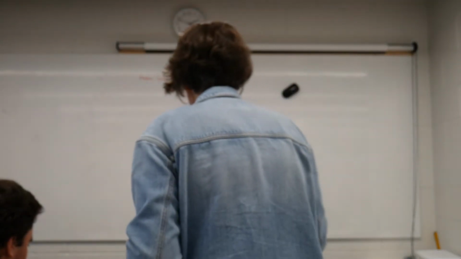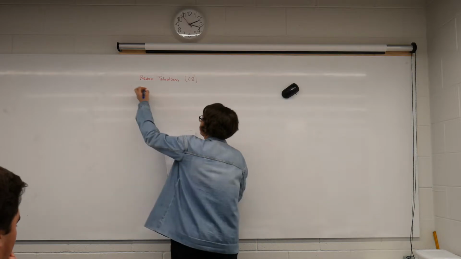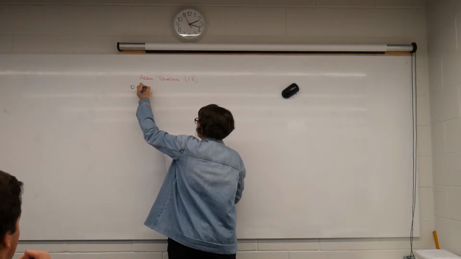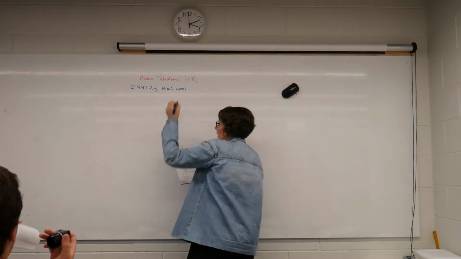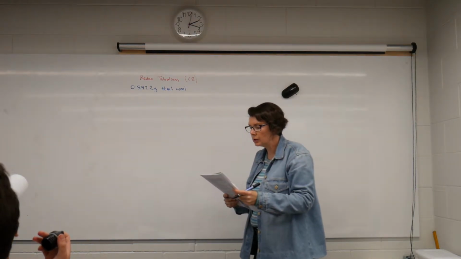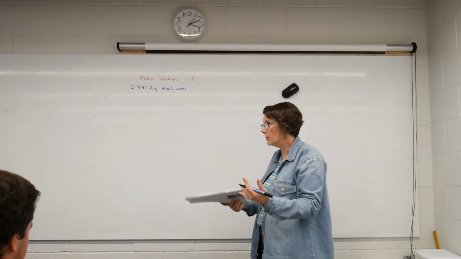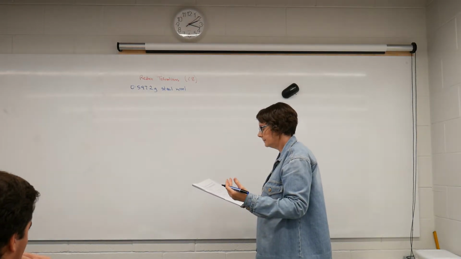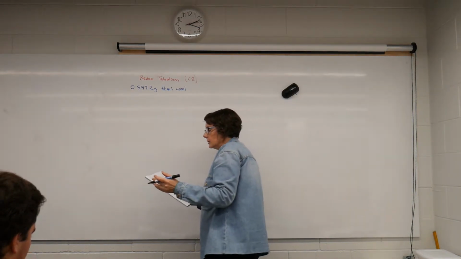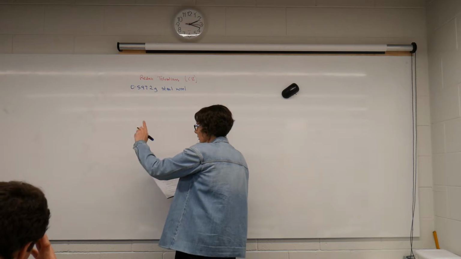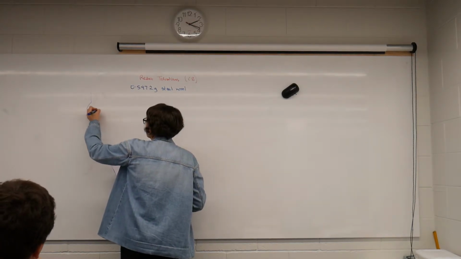Right. A piece of steel wool has a mass of 0.5972, and it's completely dissolved in sulfuric acid so that all of the iron will form Fe2+. Okay, remember that's steel wool. Now the resulting solution is diluted to 100 mils. So we end up with 100 mils